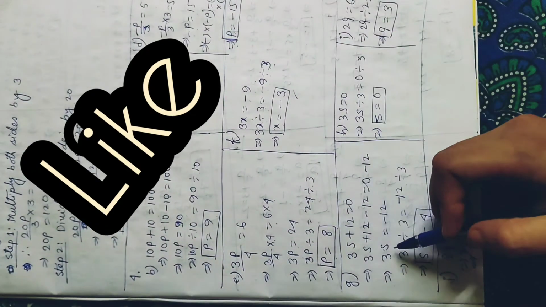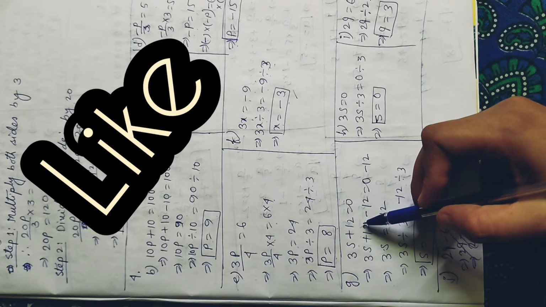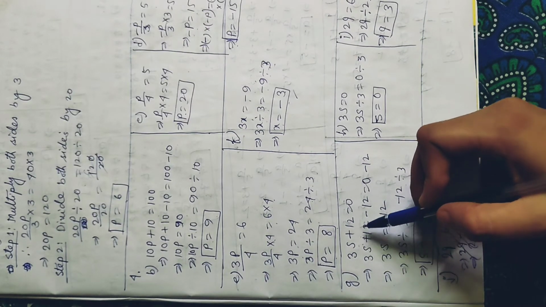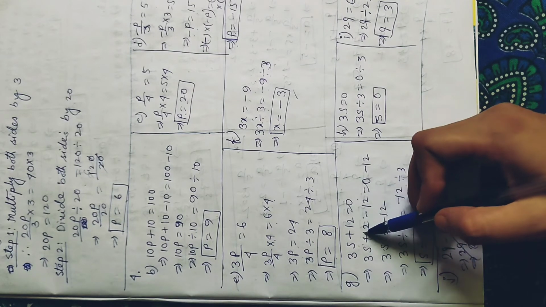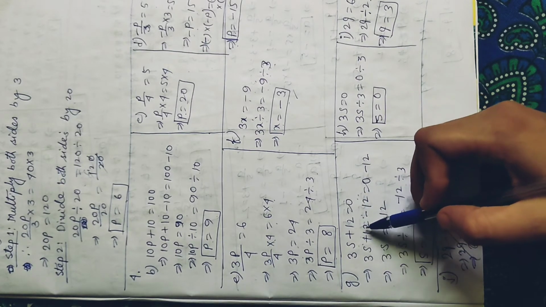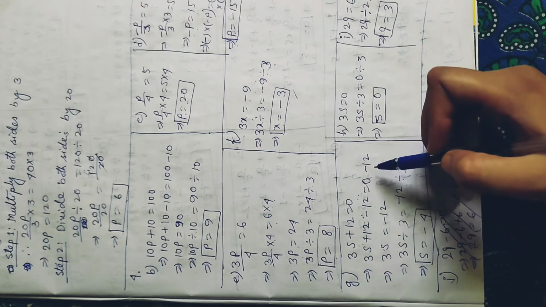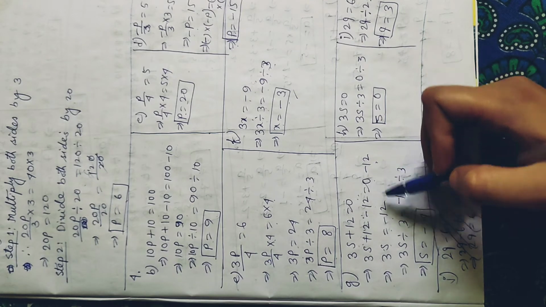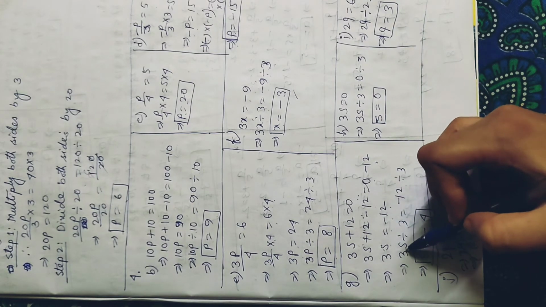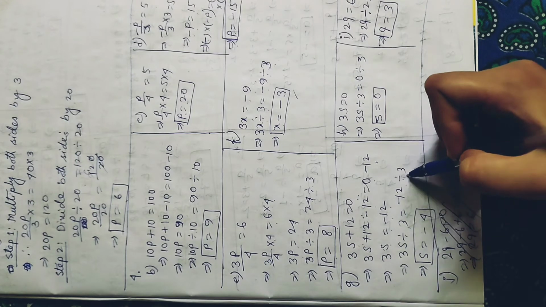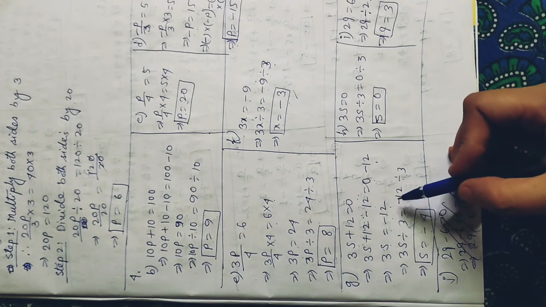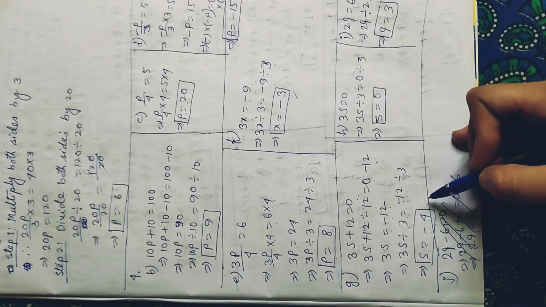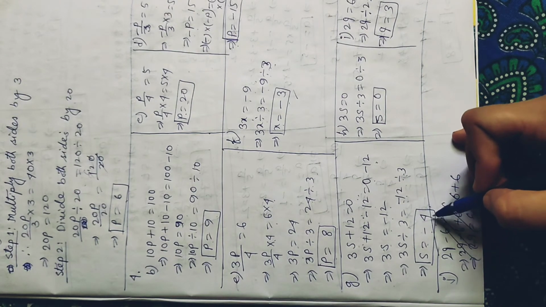Then the next portion is g. 3s plus 12 equals to 0. So plus 12, opposite is minus 12 on both sides. 3s equals to, here will be 0 minus 12 is minus 12. 3 is multiplied, opposite will be divided by 3 on both sides. Answer is s equals to, here also minus, here plus. Minus and 12 divided by 3 is 4. S value will be minus 4.